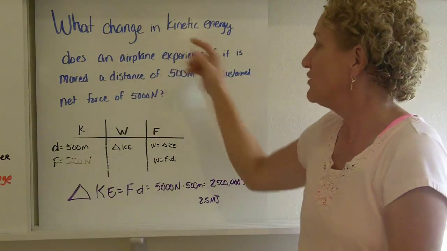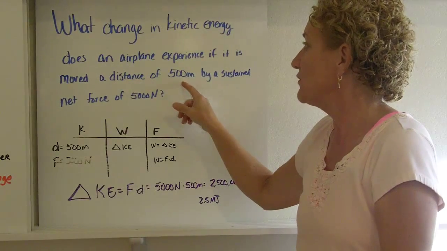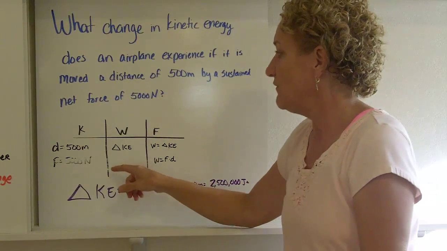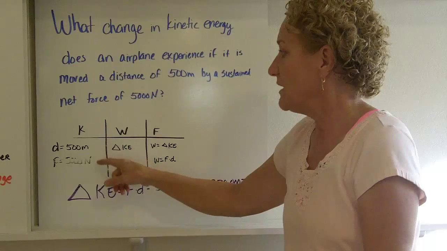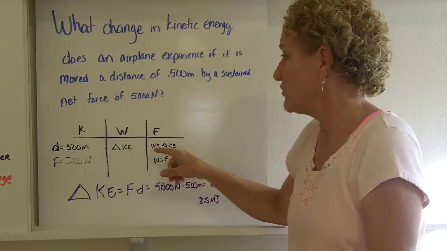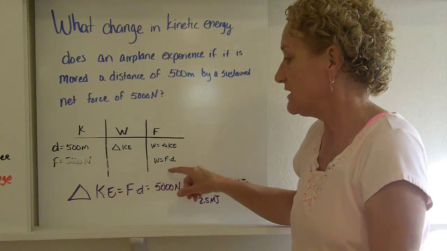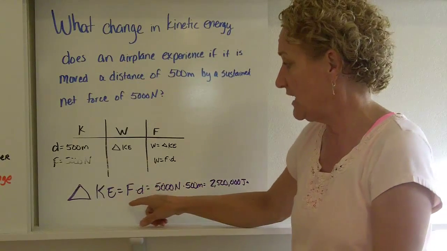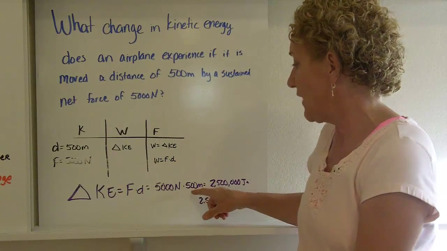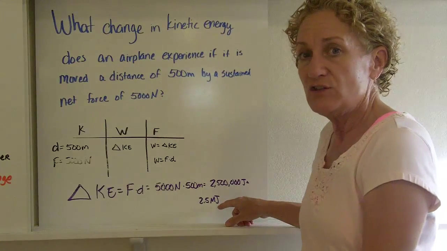What change in kinetic energy does an airplane experience if it is moved a distance of 500 meters by a sustained net force of 5,000 newtons? So we have our formula grid. We know the distance is 500 meters. We know the force is 5,000 newtons. We want our change in kinetic energy. Work is equal to change in kinetic energy. Work is also equal to force times distance. So our change in kinetic energy equals our force times our distance. It's 5,000 newtons times 500 meters, which gives me 2,500,000 joules, or 2.5